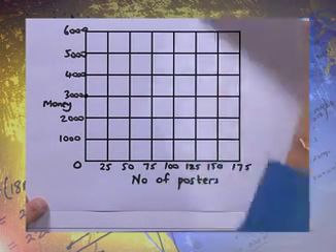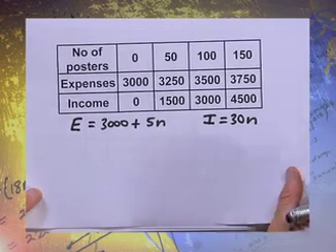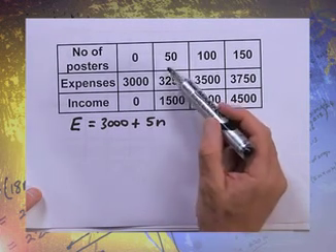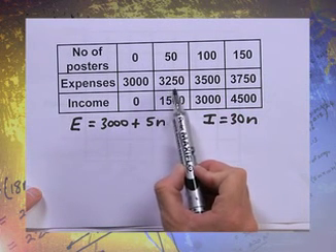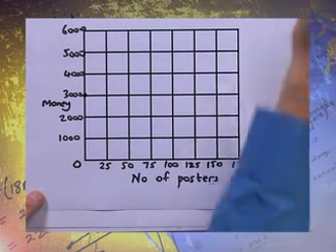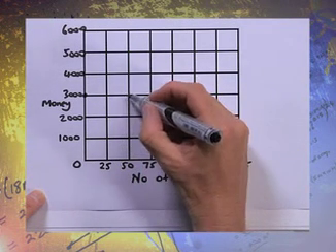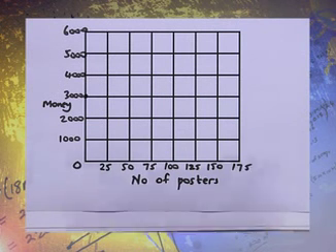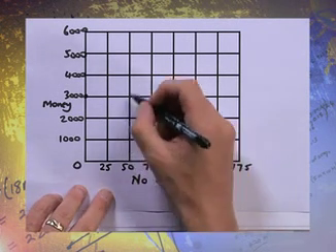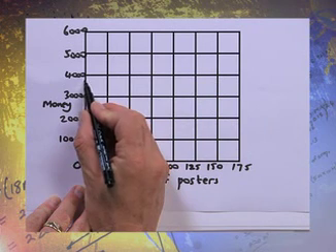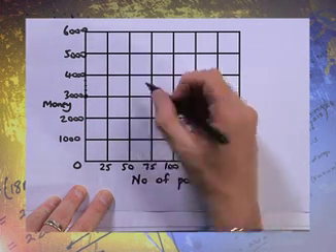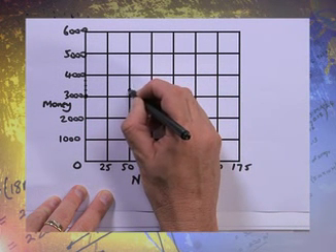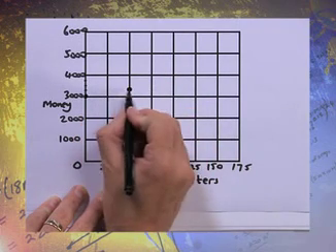Okay, what about if we look at 50 posters? Okay, if we've got 50 posters there, well, it's going to be 3,250. Now remember, 250 is really a quarter of 1,000. So we're going to go a quarter of the way up. Check this. So if we go there, I'm going to use a smaller pen. At 50, we're going to go, now, if you break this into 4 parts, okay, what we've got is we can go up to 3,250, which is about there. Okay, in line with that.